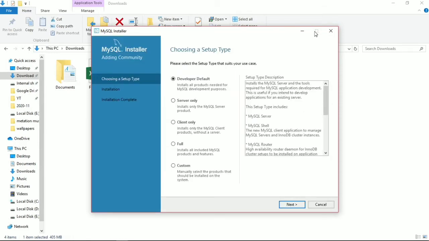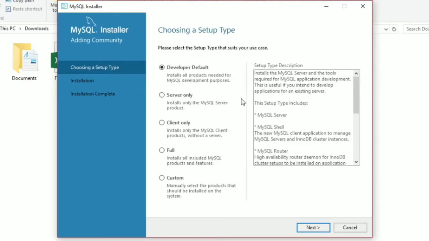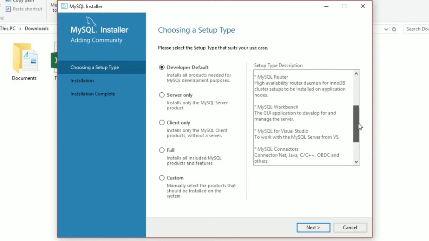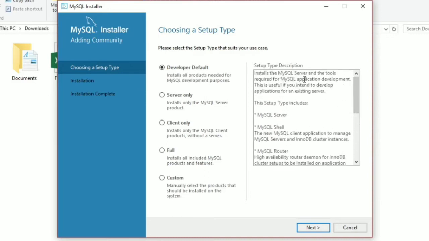Yeah, this screen. Okay, you have these screens, then you have to read all these things. If you want to get knowledge about the MySQL installation, here is the setup type. If you want to install the server only, then click here. If you want the client only, or if you want to install the full MySQL, then click here.